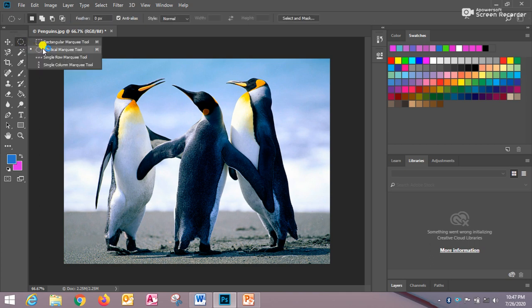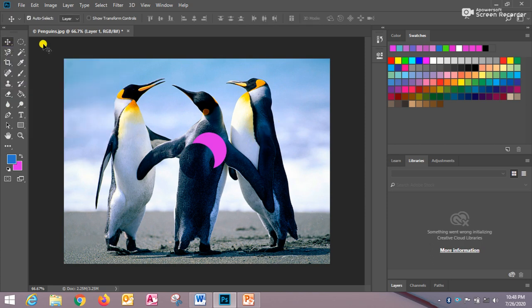Next tool is students, I am selecting again elliptical tool, but if you want to select any part of an image in circular form, then you have to press the shift key and drag the mouse. Here I am selecting this part in circular form and then press Ctrl plus X key combination and then Ctrl plus V. And if you want to move that part, then again select the move tool and then you can move that part. Right students, so this is the use of rectangular marquee tool. Now I am pressing Ctrl plus Alt plus Z key combination.